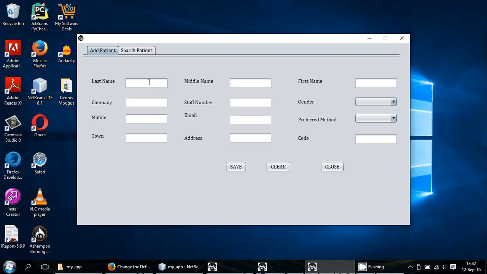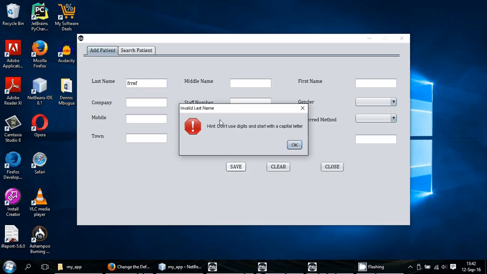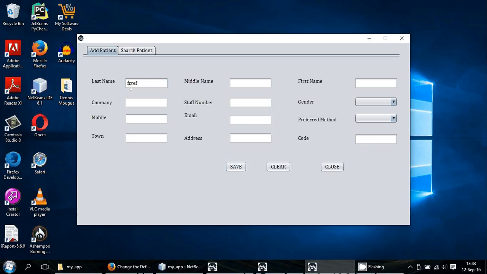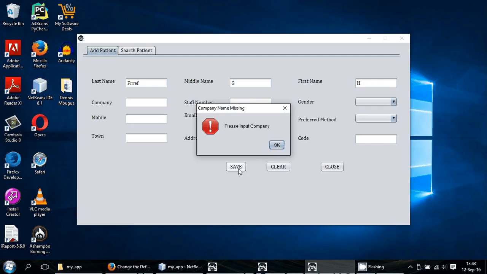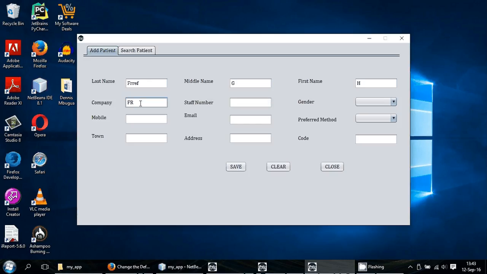Just for demonstration, I will show you the kind of validation that is in this application. Whenever I try to save, it says that you should start the last name with a capital letter, and when I try to save the company, it detects that there is no company,